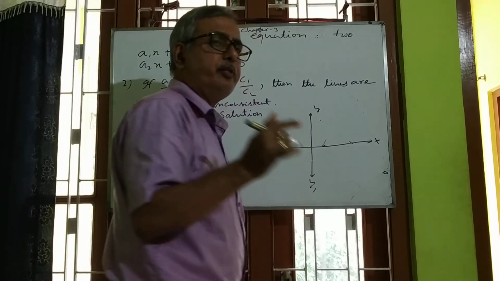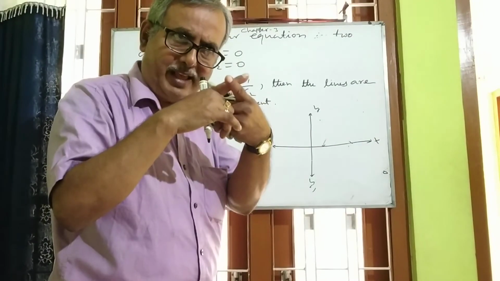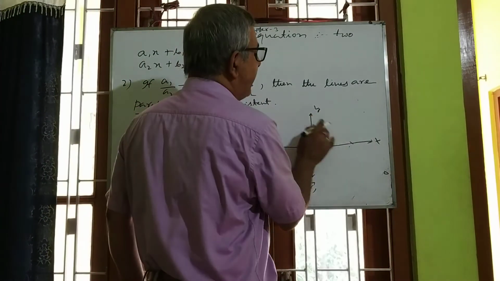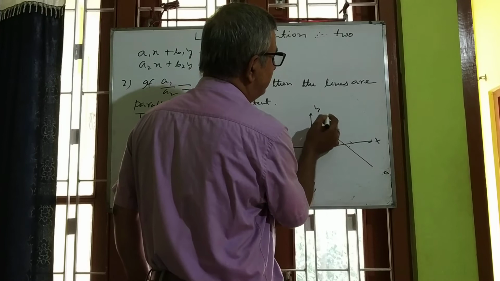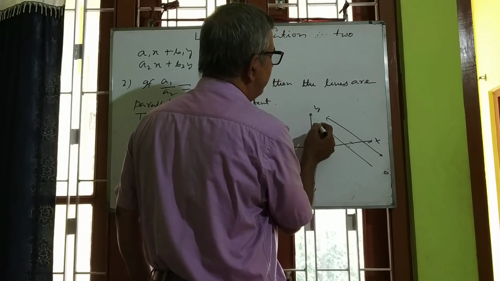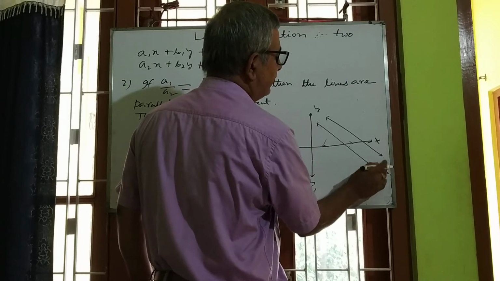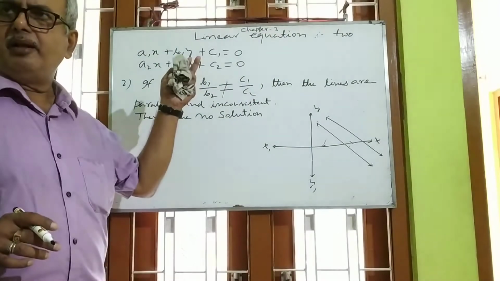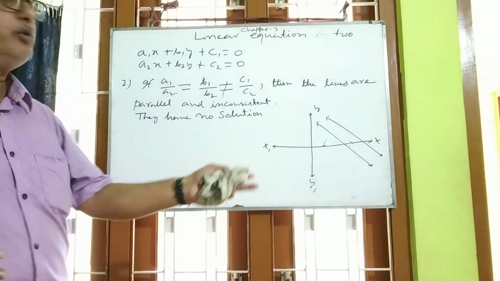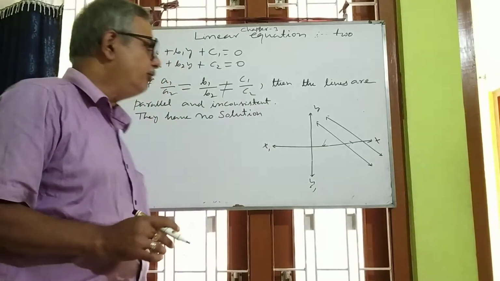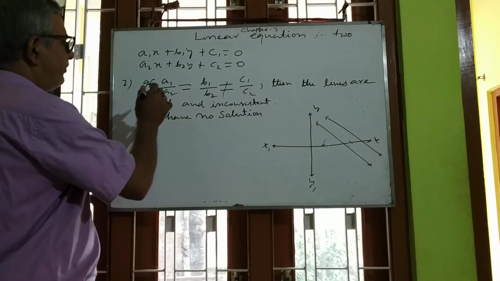Solution means what? The point where they meet, that is called the solution. Here two lines will be parallel lines, like that you will get. So parallel lines never meet each other. Clear now? So when you draw two lines from the given equations, you will get parallel lines. Clear? Now the third condition is